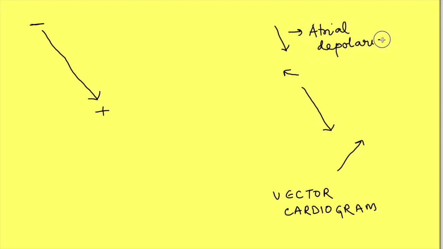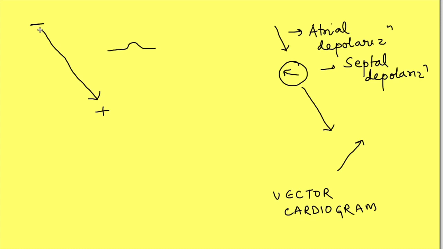See, initial atrial depolarization is in the direction of the lead. So it will be recorded as a positive wave. The peak represents half of atrial depolarization. When it comes back to baseline, the atria is fully depolarized. Next, septal depolarization. You see that it is almost opposite to the direction of the lead. It will be recorded as a negative wave, but very small, because the potential difference developed is very small right now.